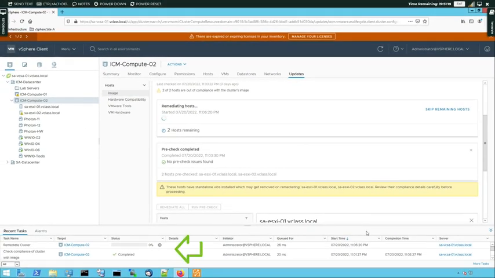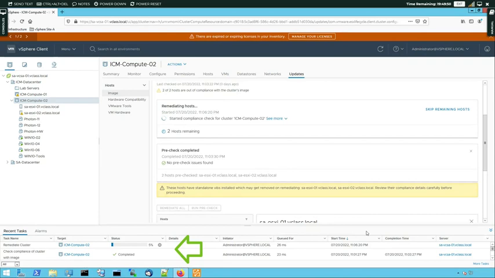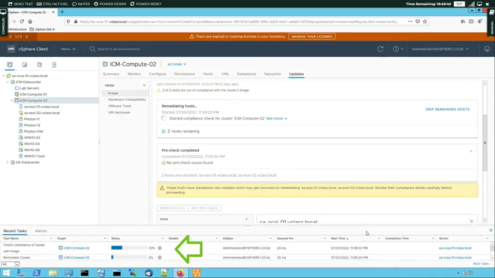Now let's watch the recent task pane at the bottom. We see a task that says Remediate Cluster for the ICM Compute O2 cluster. And the remediation will consist of several tasks. We just saw a new one being added, checking compliance of the cluster with the image, so that's part of